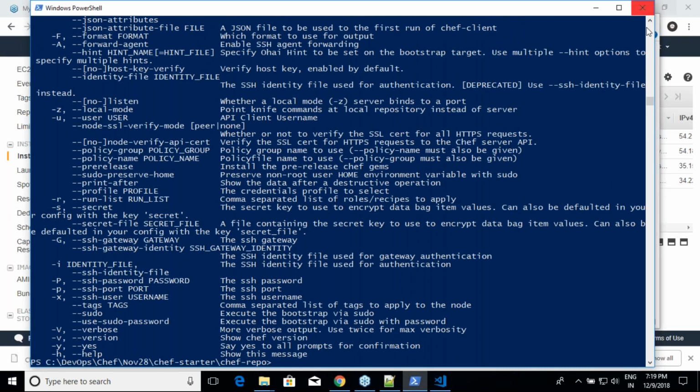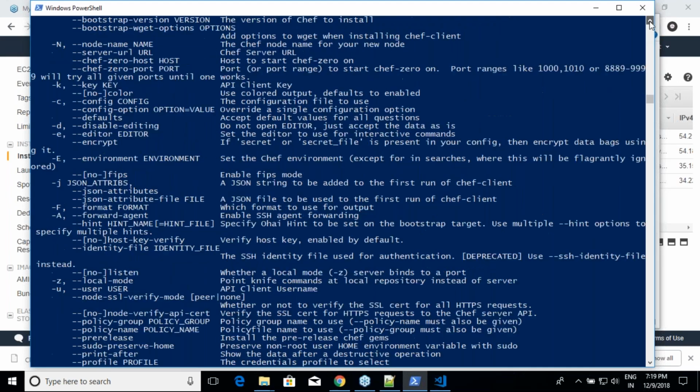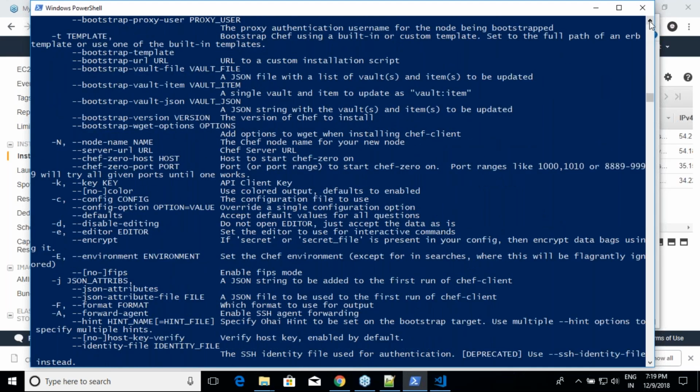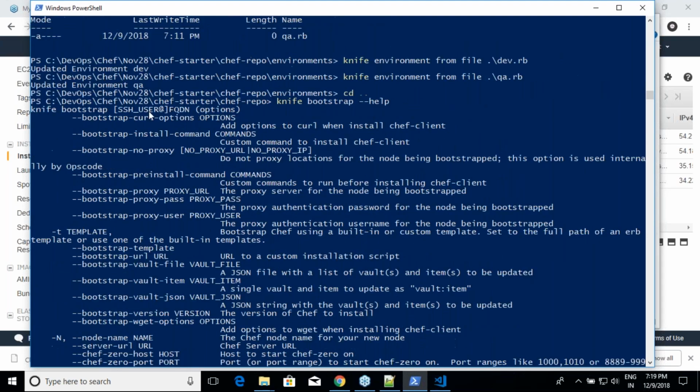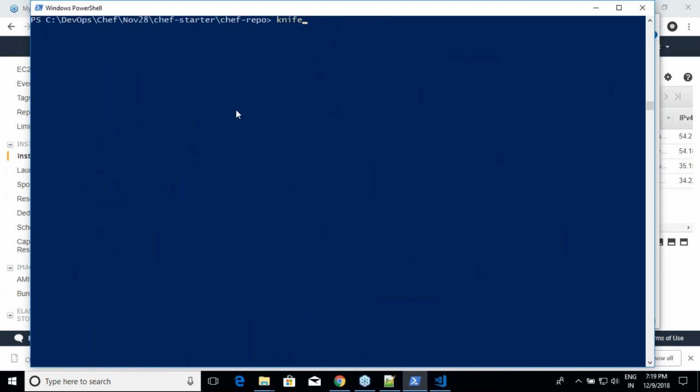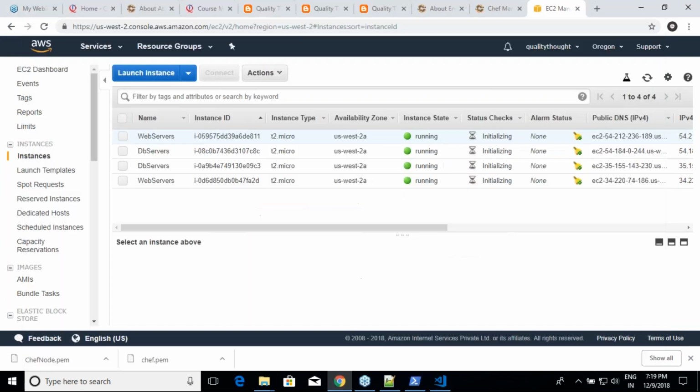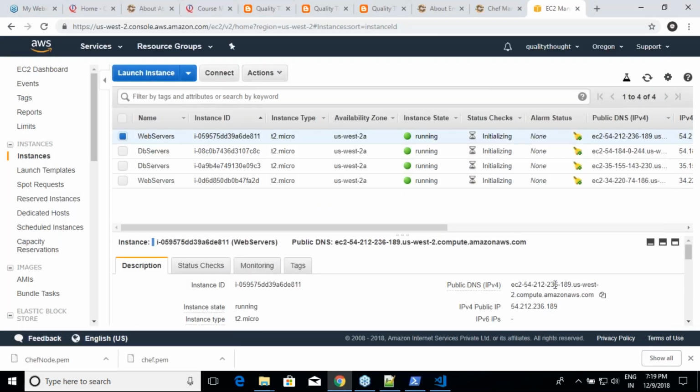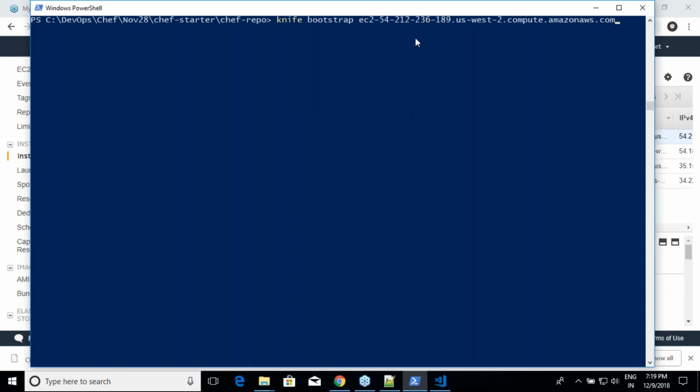Okay. So we have too many arguments. Knife bootstrap, FQDN, and then there are some options. It is always a good idea to bootstrap based on public DNS names, right?